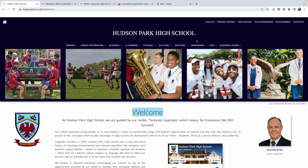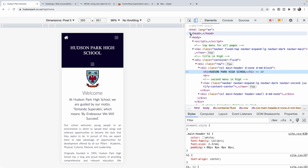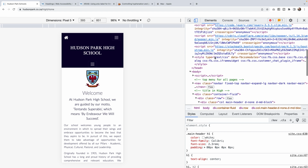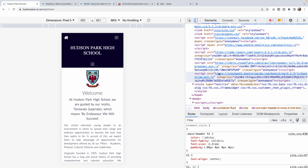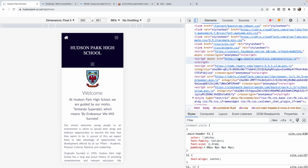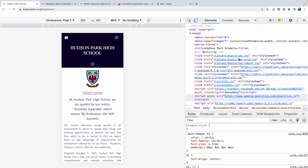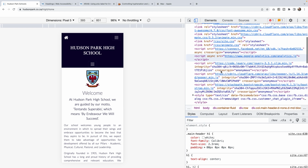One thing I didn't notice as well, or I noticed it was not there. This is minimal, but inside your head section, I didn't see any meta description of overall what's going on. You've got the widgets, you've got different pieces, analytics, totally fine there. But the one thing I was missing was a meta description. So make sure you put that in as it helps web browsers identify what this site is. Google will find it, but overall, I would include a meta description somewhere in here just to make the web